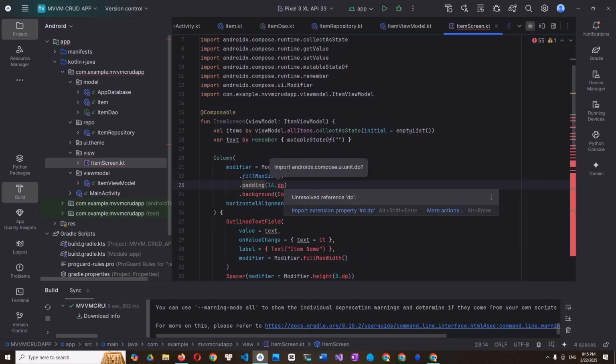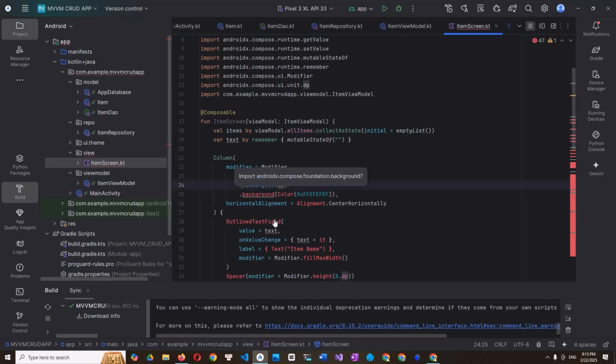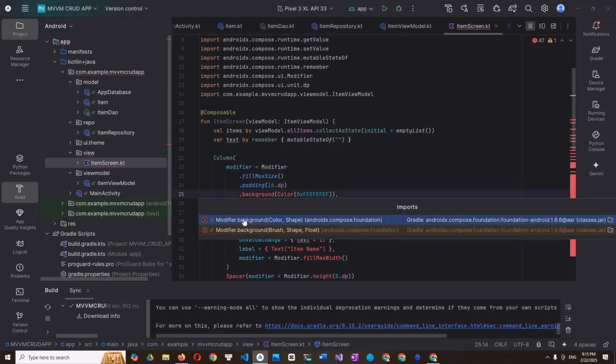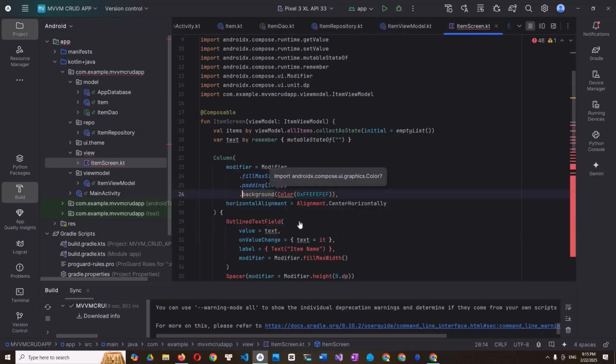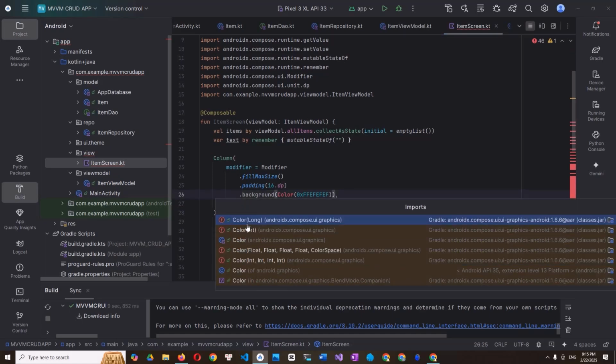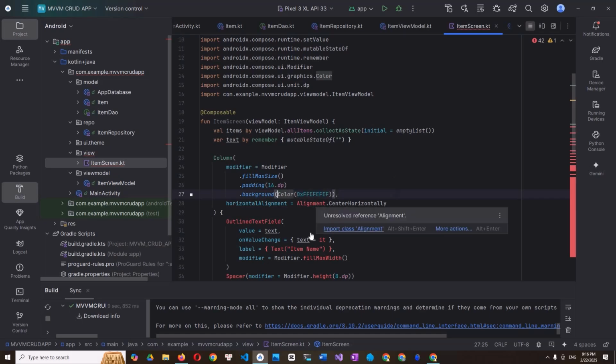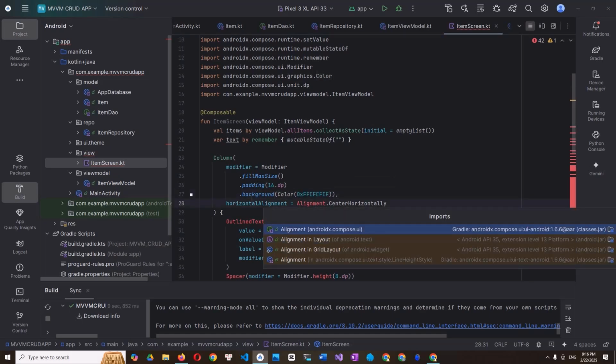Okay. That's good. By the color, right? Is that right? I don't know. Okay, just use alignment and